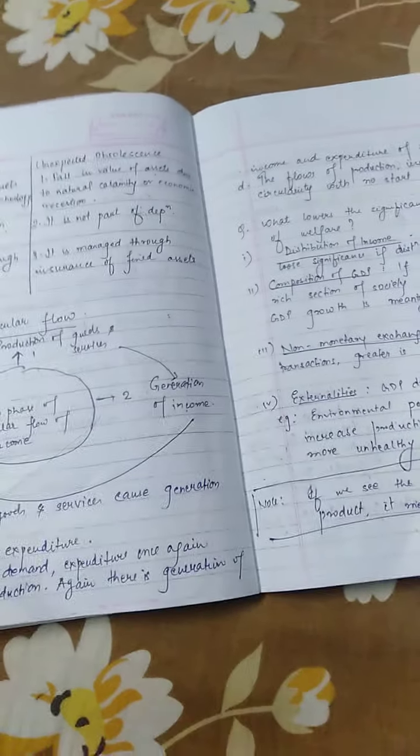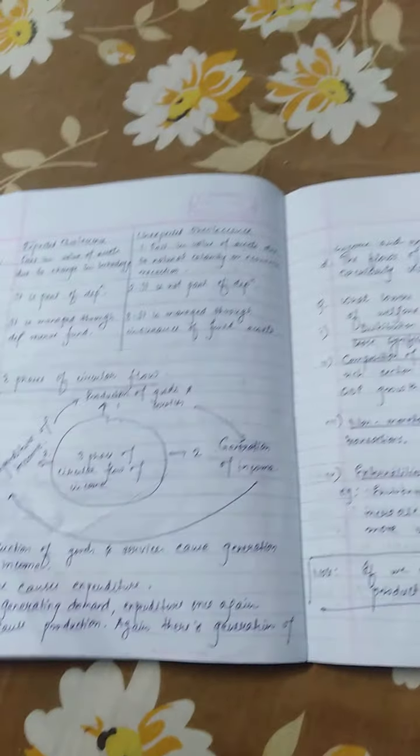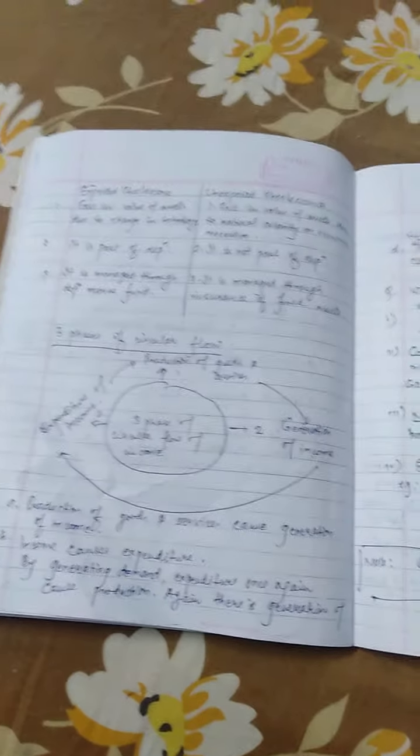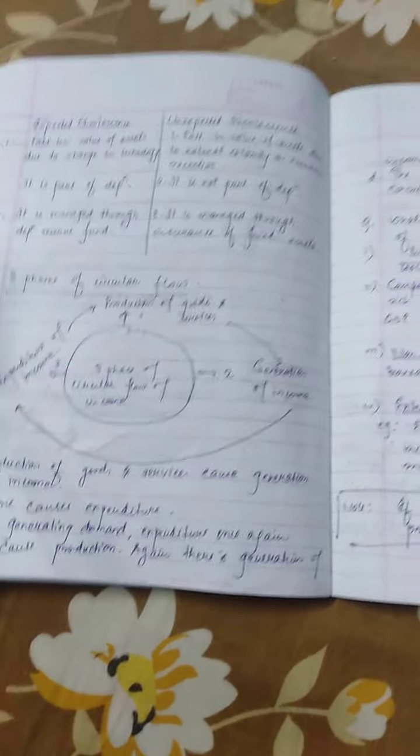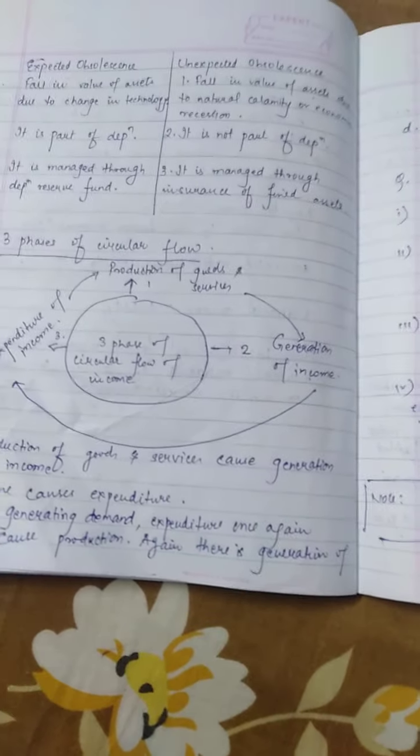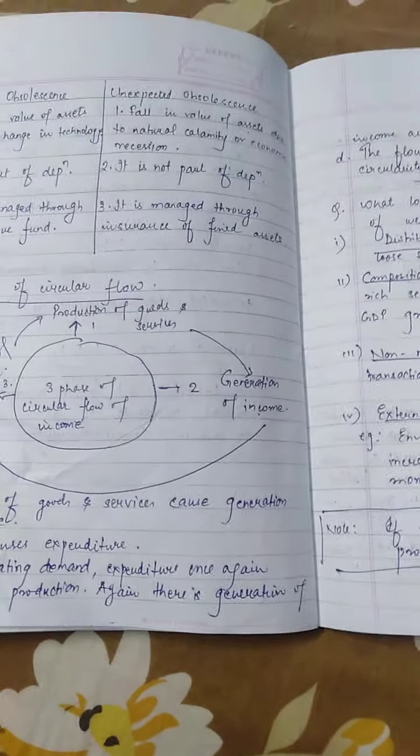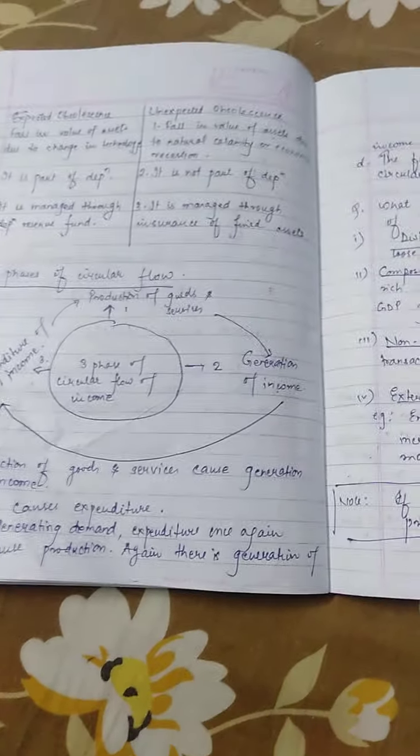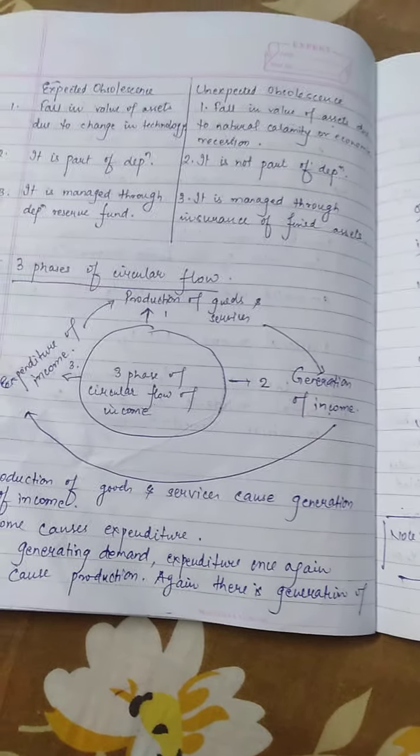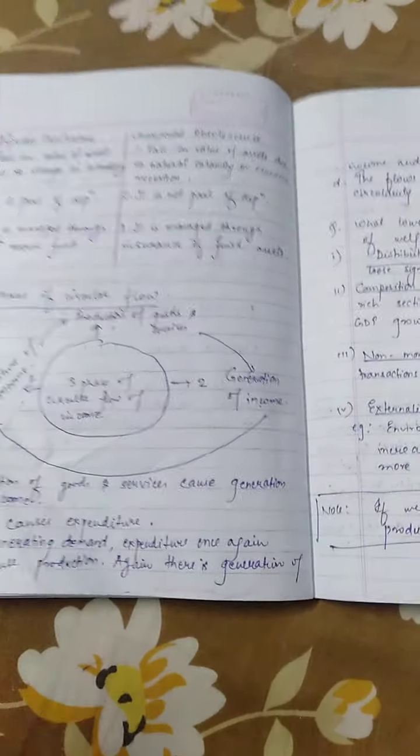Those three activities are called production, income generation, and expenditure of income. I repeat, there are three phases of circular flow of income, in which the first phase is production, the second phase is income generation, and the third phase is expenditure of income. Now understand one thing,